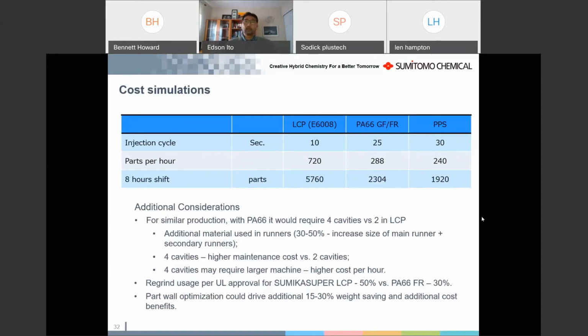So with the LCP, in this case, we could even reduce the number of shifts to produce the total amount of parts that you have to make. So looking at this overall perspective, there is a lot of savings that can be achieved just from the cycle time perspective. The other part that I mentioned on the previous slide was that we didn't make the change on the cavity,